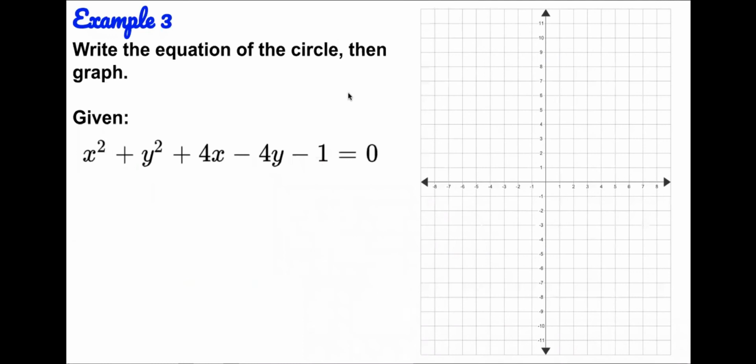We have x to the power of 2, y to the power of 2 plus 4x minus 4y minus 1 equals 0. I'm going to go ahead and let you guys tell me again how to complete the square. I know it's a lot of graphing or a lot of writing, but I want you guys to focus first on the equation and then graph. Okay, so